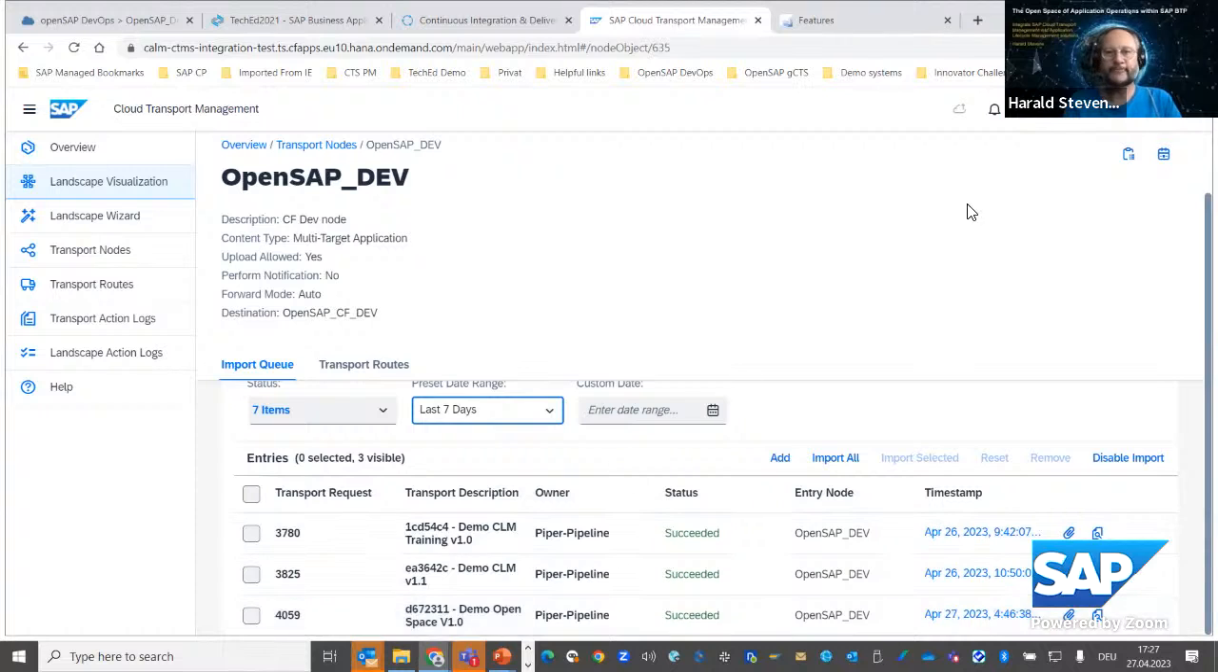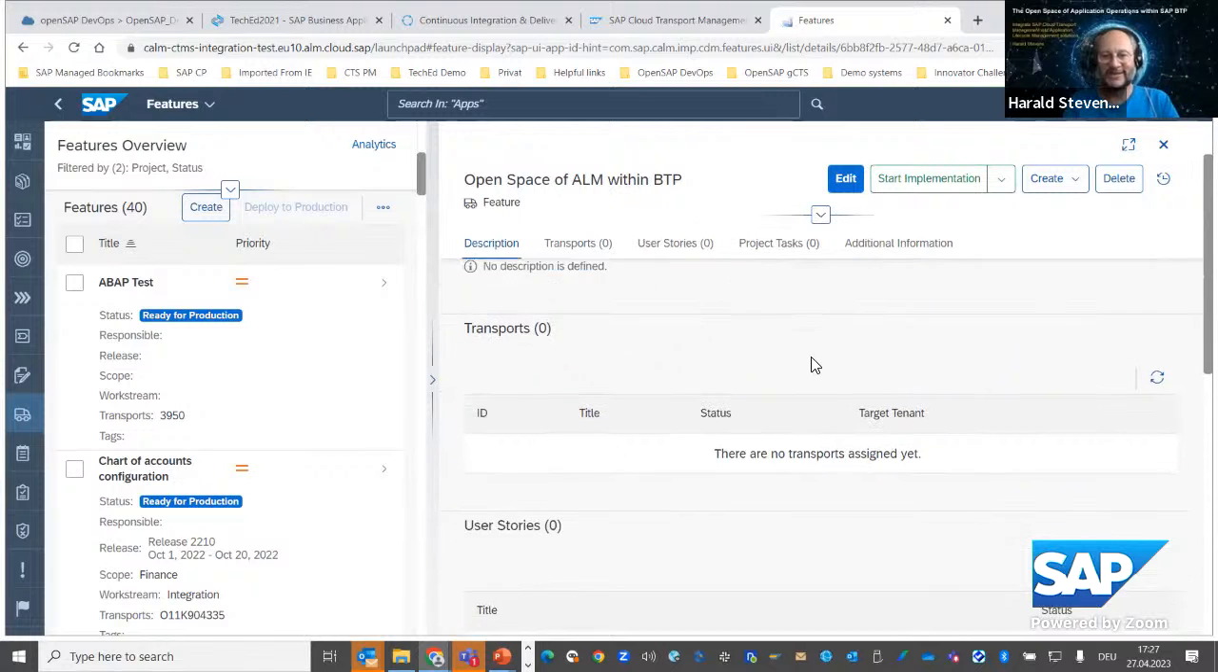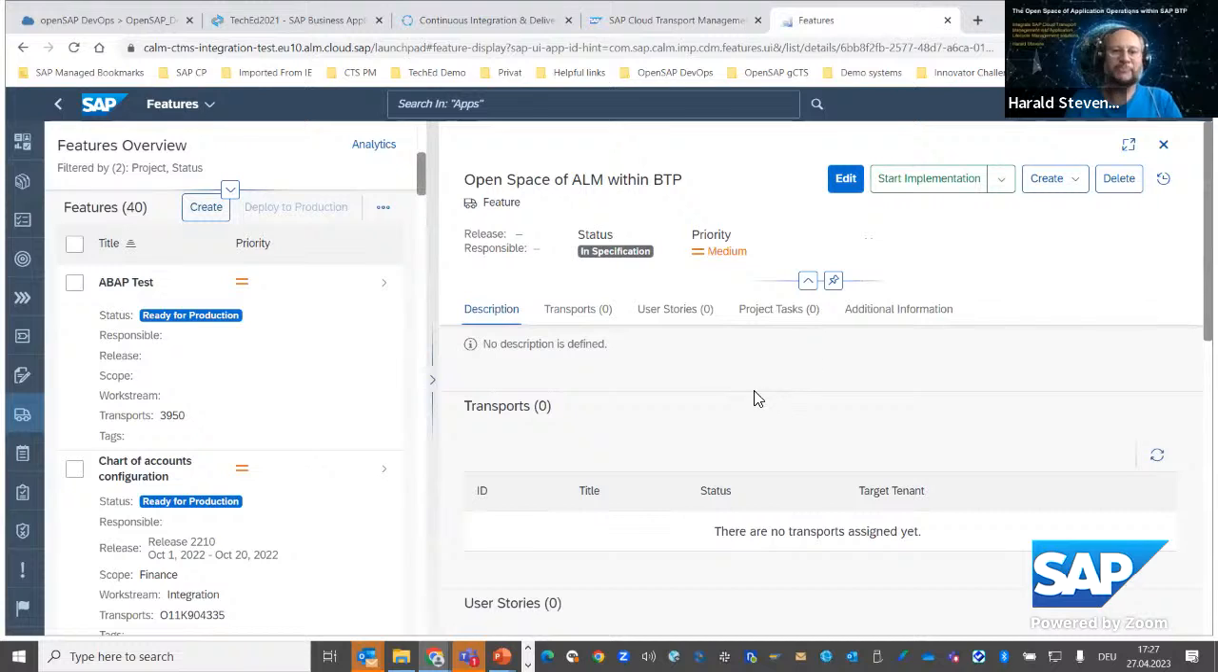request. And if I now go to the feature inside Cloud ALM, so I have created here an open space of ALM within BTP. That's the feature. Currently, it contains nothing. So it's just an empty shell. But of course, in reality, you would describe what is the content of this feature? What should be developed here? And I can now